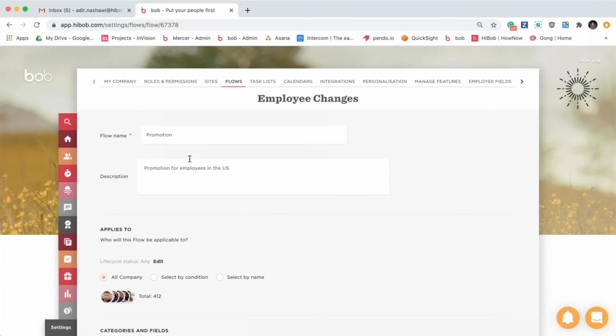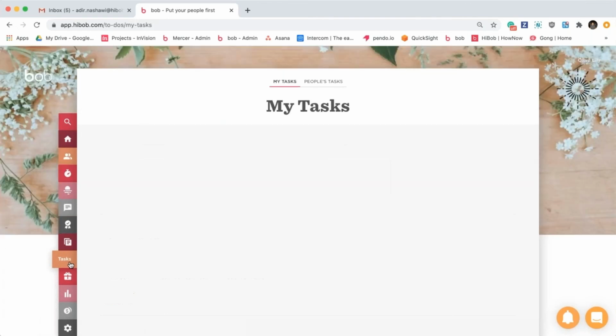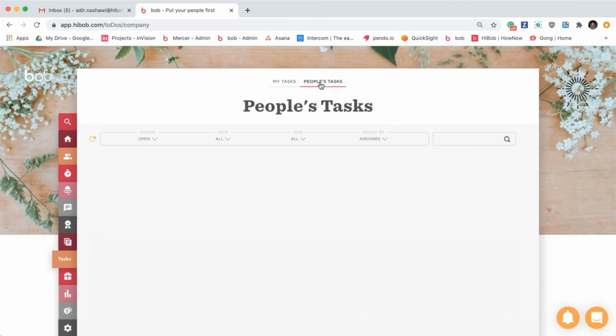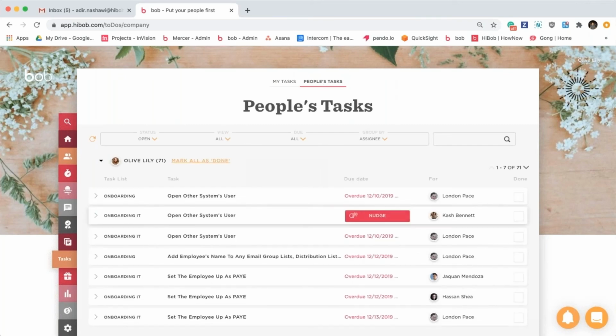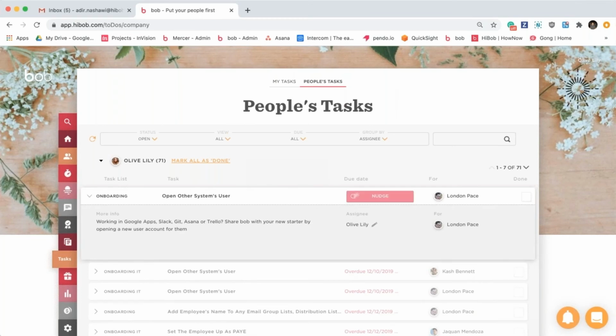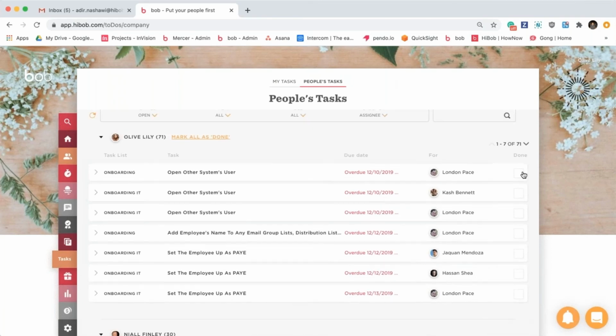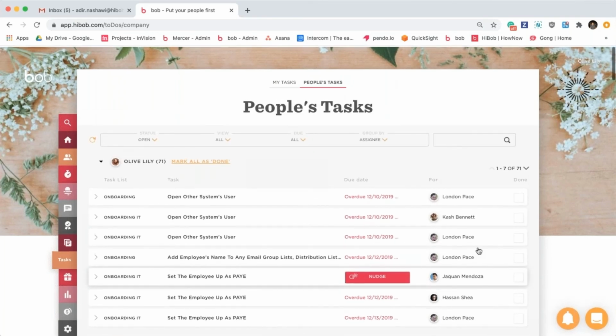Nice. Now I want to get back to discuss a bit about the naming and the relocation. We used to have to-dos, now it's tasks. And in tasks, we have my tasks, which are all the tasks that I am the assignee of, and I can mark them as done. And we have people tasks. In the people tasks, you can see all of the tasks that you have permissions to view. You can send a reminder to nudge them. You can reassign them. You can also see all of the information of the task with the annotations, with everything that is already configured. Everything is set over here, and you can also mark them as done on behalf of the